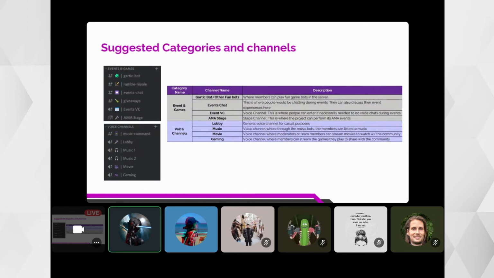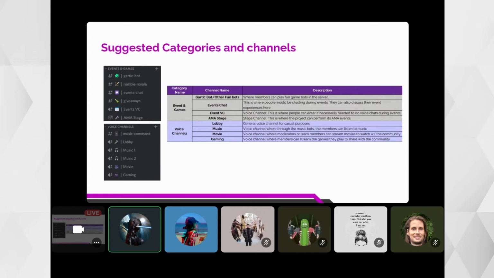And then with the events chat, whenever we are currently holding an event, this is where you can chat and give them further instructions during the event. So they can also discuss here the event experiences. So yeah, I had fun. I nearly won. Something happened, something like that, and then they make fun out of it. So it further improves the engagement and user experience in your server by doing this.